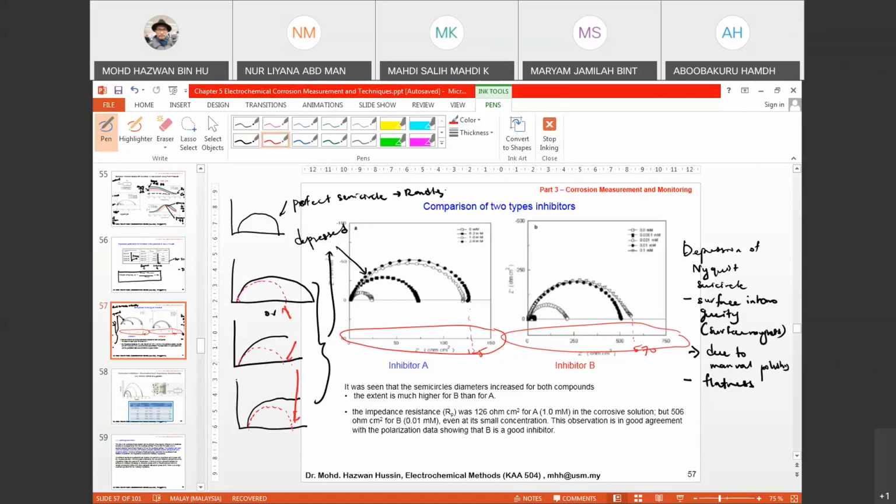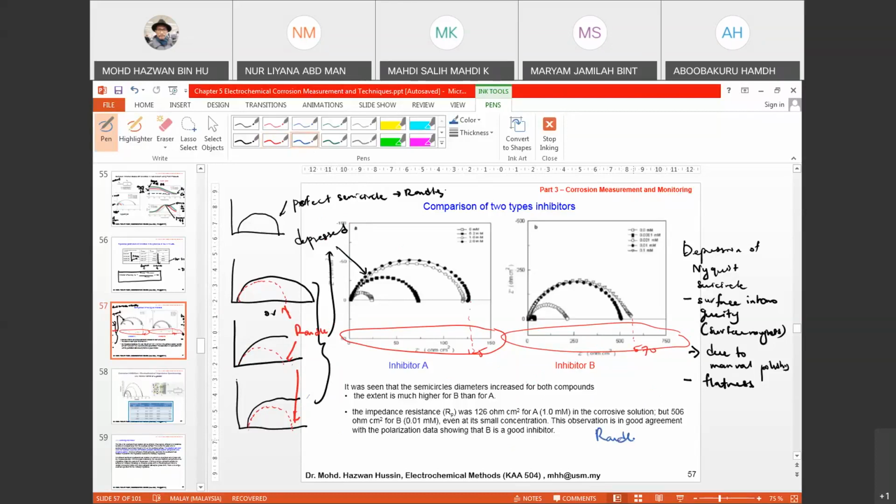When you do fitting, it will show a fitted line to see whether your data fit best with the circuit that you choose or not. So due to this, you cannot use the simple Randles as the equivalent circuit, but you have to use the so-called